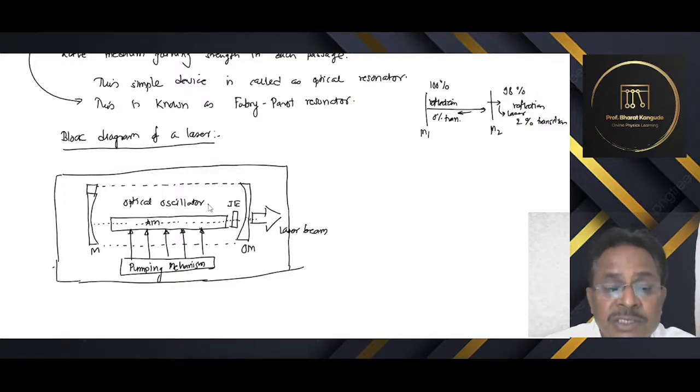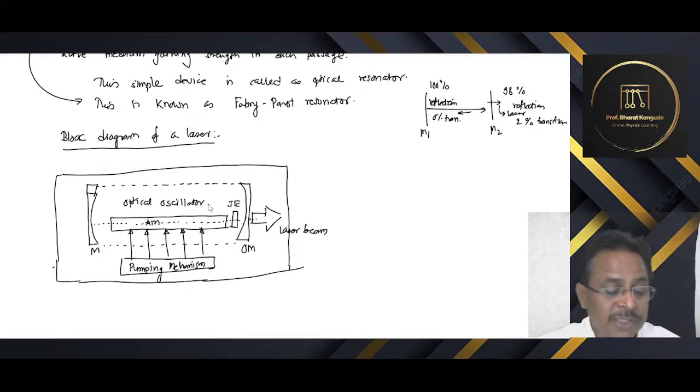Whenever such a stage is reached, enough energy is collected, or gain is there. Now a laser beam comes out of the second mirror, which has somewhat less reflectivity, so some transmission component is there. Because of that transmission property of the second mirror, the laser beam comes out, as shown in this diagram. So you have to remember this diagram forever. These are the minimum components for any laser. Without them, this laser will not work.